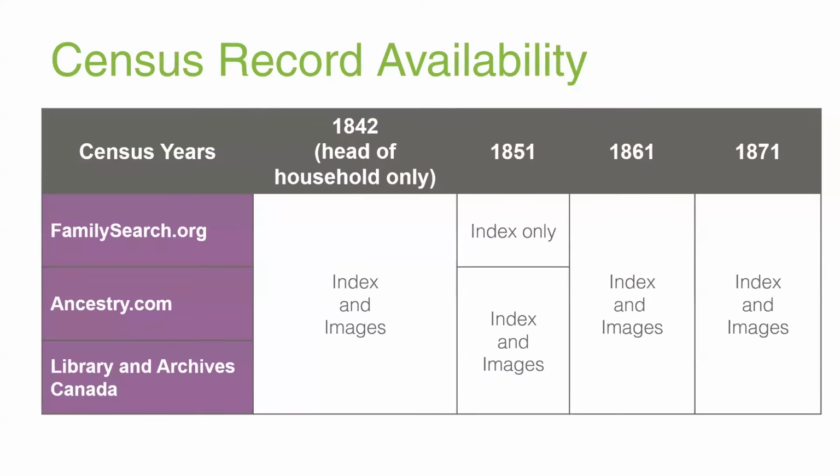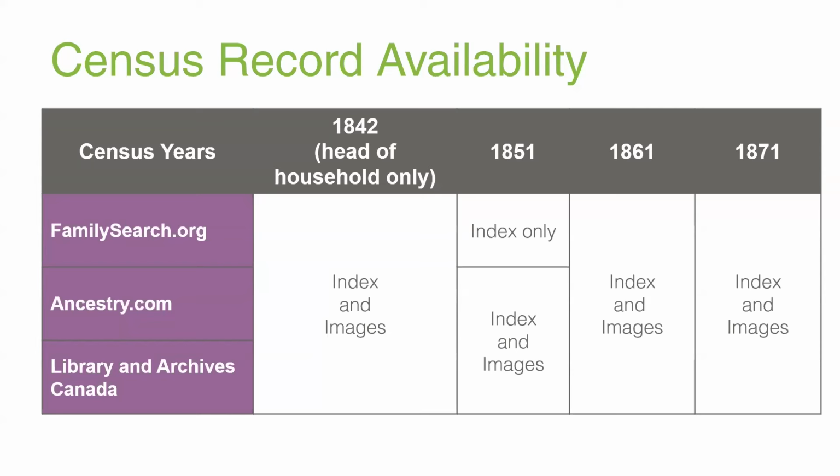Census record availability changes over time and based on the years. I generally rely on these three main online sources for Canada censuses. However, there are a lot more websites that do have census holdings, such as Find My Past and My Heritage. However, these three, Library and Archives Canada, Ancestry, and Family Search, are the big three with the online